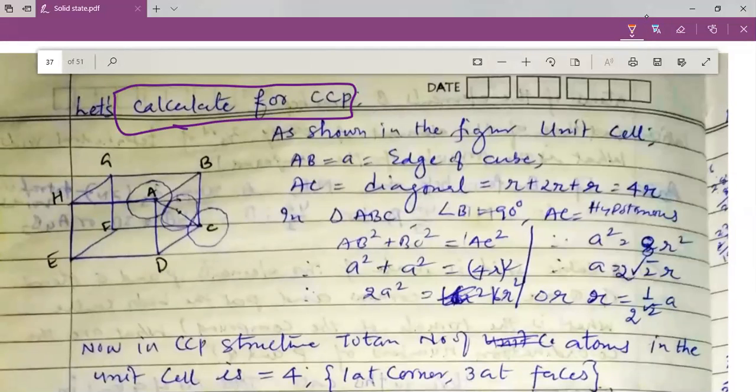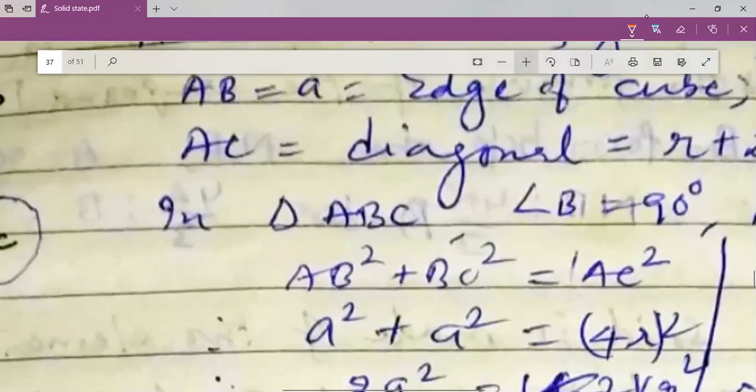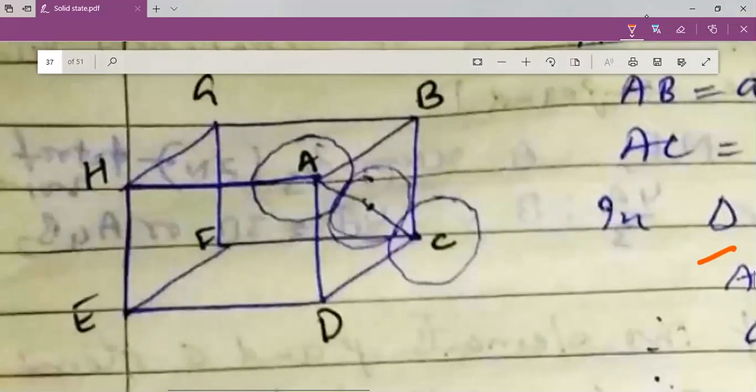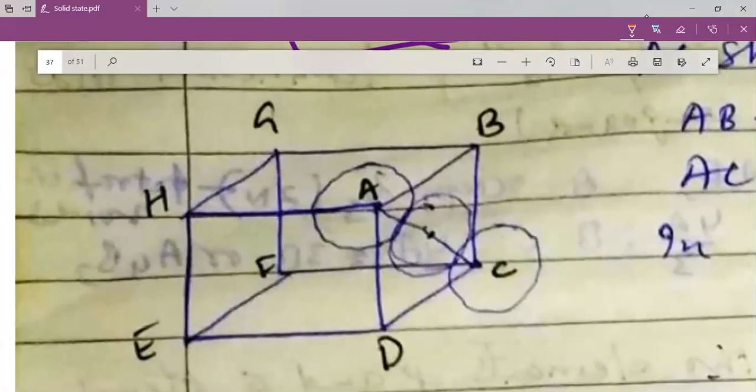For cubic close packing, my dear students, you can see the figure here. In this figure, you will understand the arrangement well. So let us look into the figure. Here you can see the figure on your screen, that at each corner,